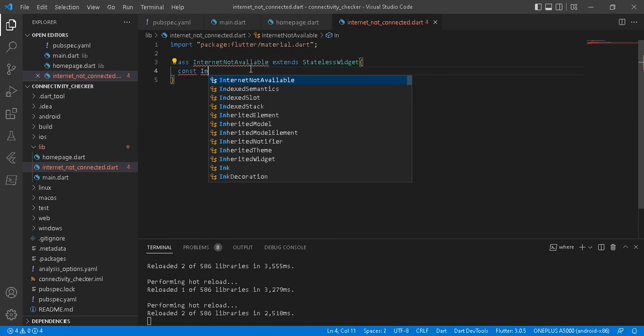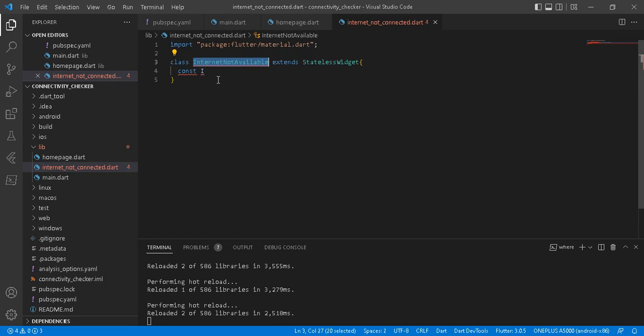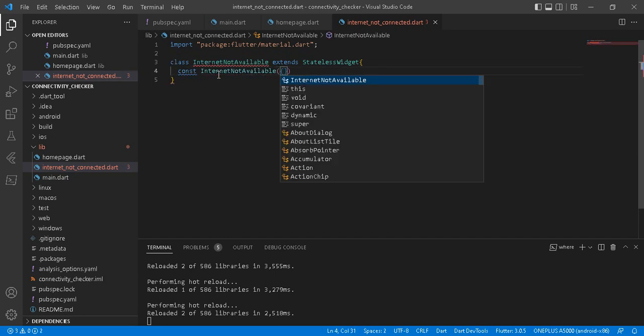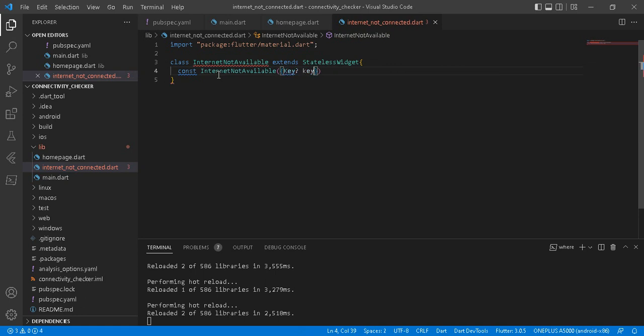Let's initialize our key constructor. You can copy this and paste. Key, then super key: key, and then override our build method. Build context, then return